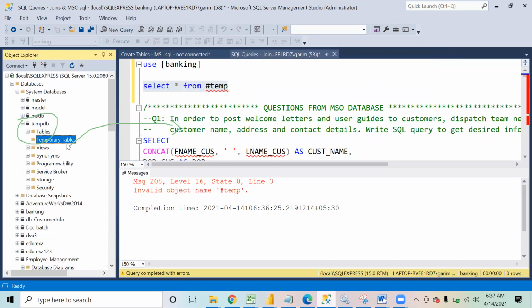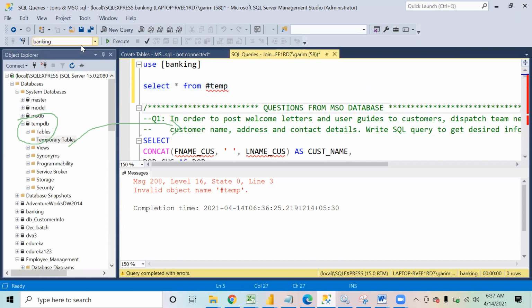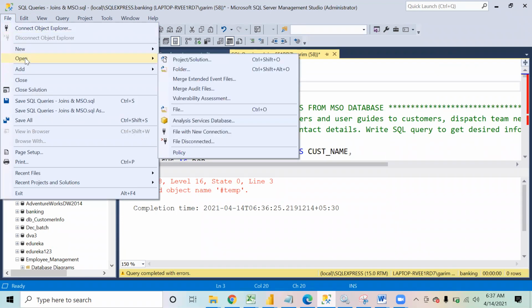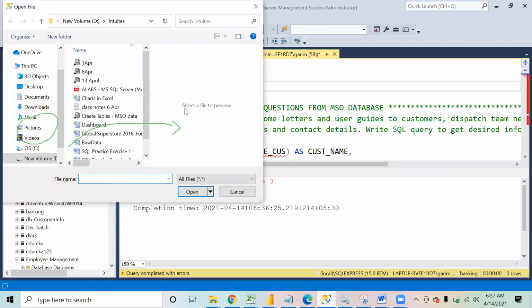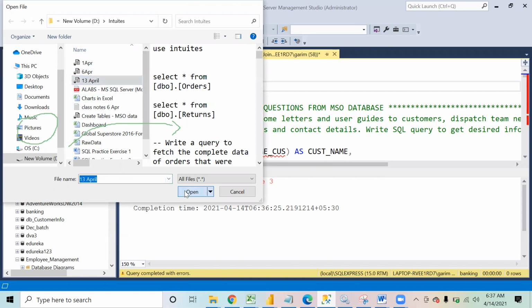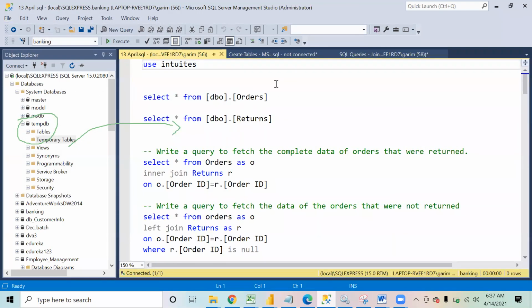Table gone. The table no longer exists because it existed only in that session where it was created. If the database engine gets disconnected, again the table will be gone. Okay.